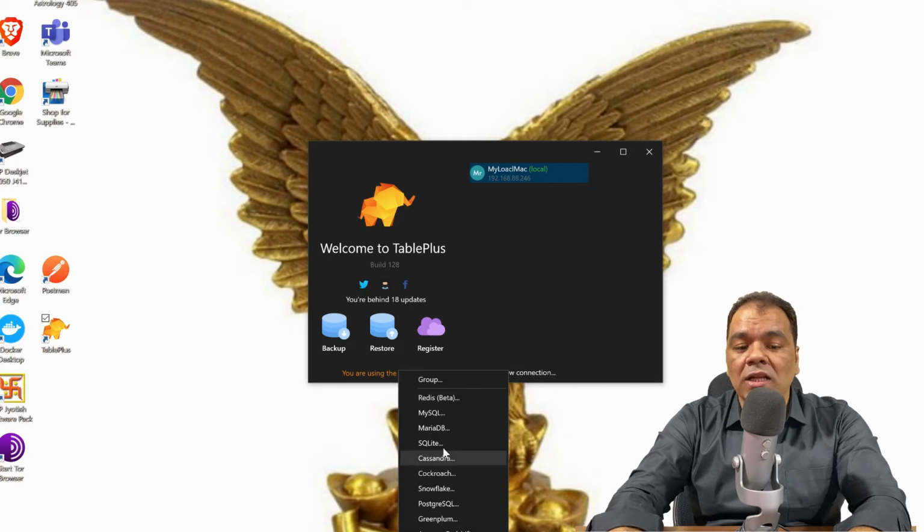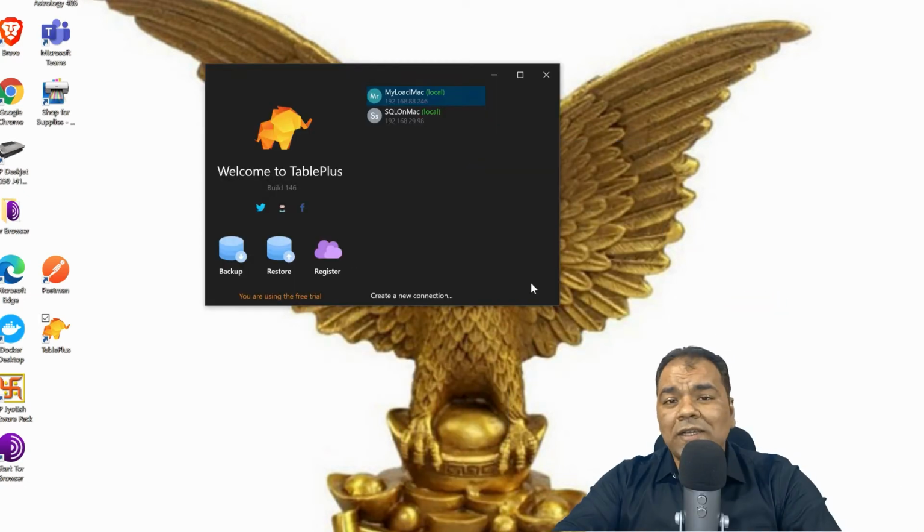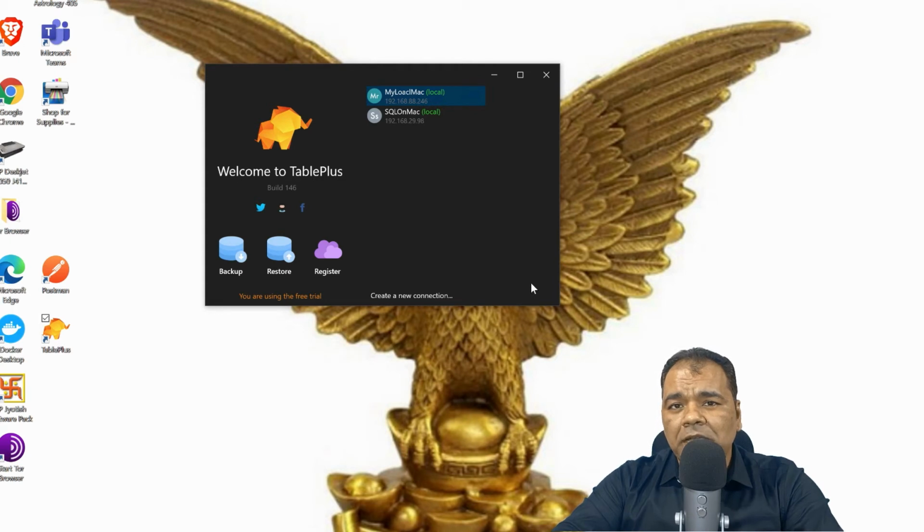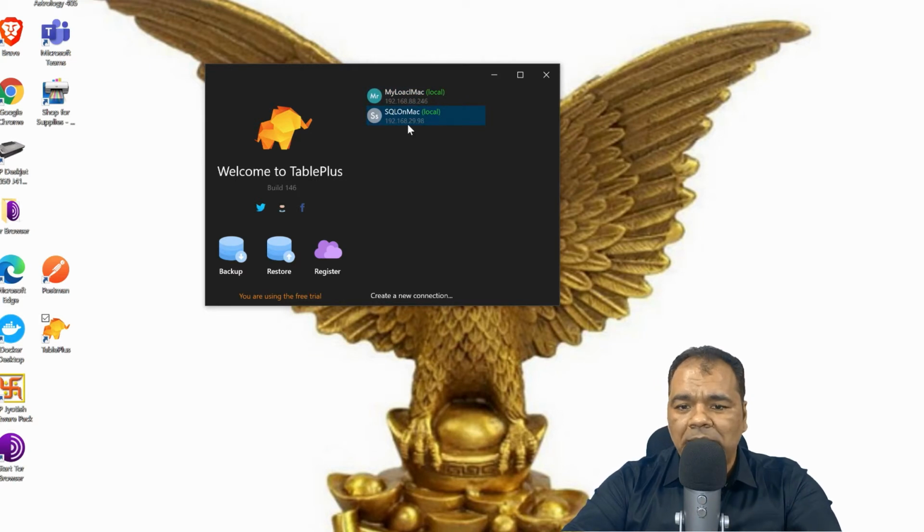If I want to select MySQL, MariaDB, SQLite, SQL Server, whatever database I want to connect, it will show me that database. As you can see, I have connected my SQL Server to the TablePlus window here on my Windows. My SQL Server is running on my Mac, so that's why I have given the IP address.